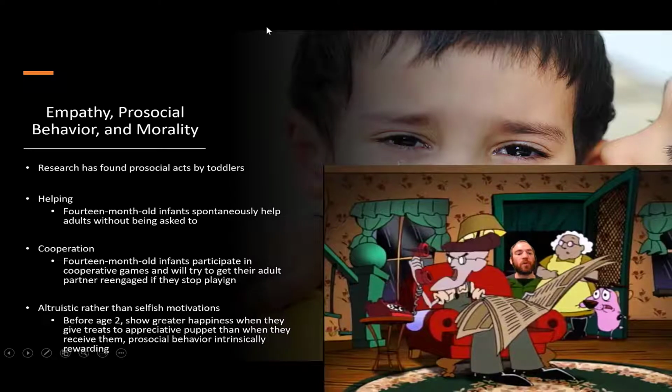Research has found prosocial acts by toddlers. Helping: 14-month-old infants spontaneously help adults without being asked to. Cooperation: 14-month-old infants participate in cooperative games and will try to get their adult partner re-engaged if they stop playing. And altruistic rather than selfish motivations: before age 2, they show greater happiness when they give treats to an appreciative puppy than when they receive them. Prosocial behavior is intrinsically rewarding. So at an early age, we see this intrinsic motivation to be prosocial,